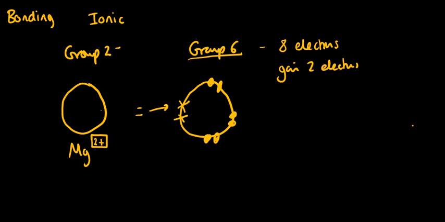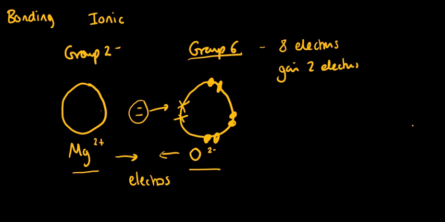Whereas our group 6 atom on this side, which say for example might be oxygen, we're going to have gained these 2 extra electrons. So pause the video and write down what the symbol for oxygen would be. So hopefully you realise that would be 2 minus. And then what is going to happen is there's going to be an ionic bond which forms between the Mg2+ and the O2- because of these electrostatic